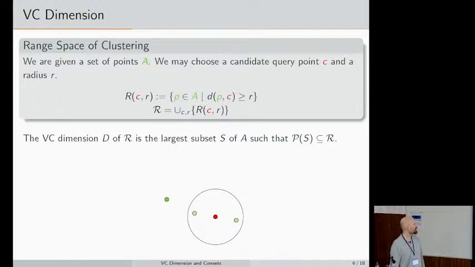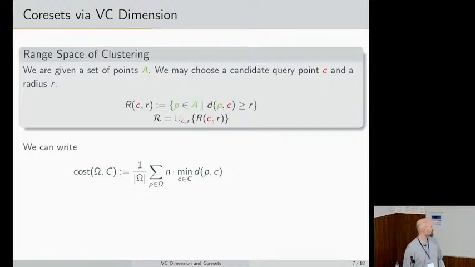Okay, so let's take a look at how these ranges could be helpful when it comes to designing coresets. If I have my uniform distribution where all of the points are weighted by n over the coreset size, this here is just the estimator of the cost that the coreset is inducing. If a mathematician doesn't really know what else to do, they just change the order of summation. So let's do that, right? I can now write this in terms of an integral over all possible ranges of r. This is the same thing as this cost over here. If you squint and stare at it long enough, you can see that this is an identity.